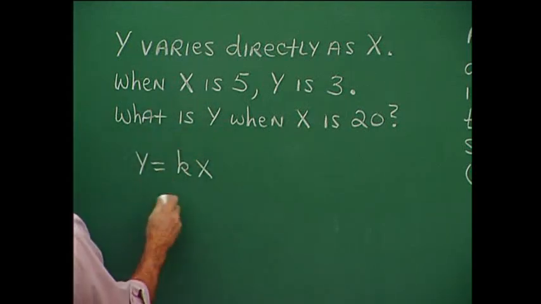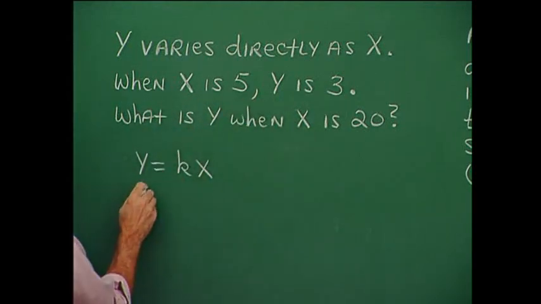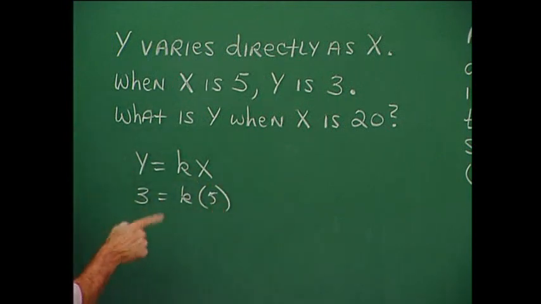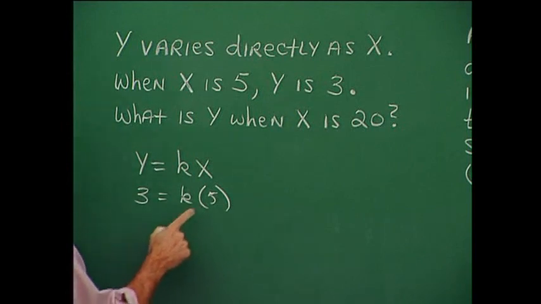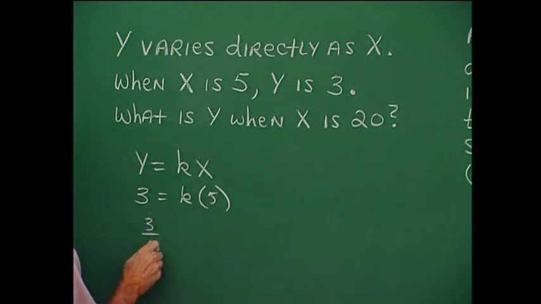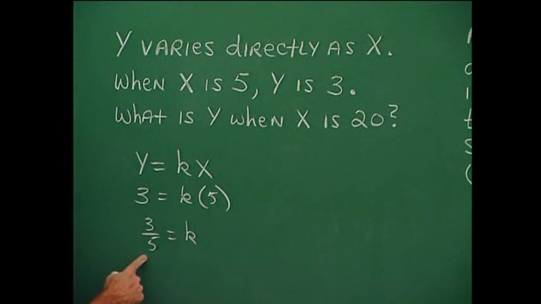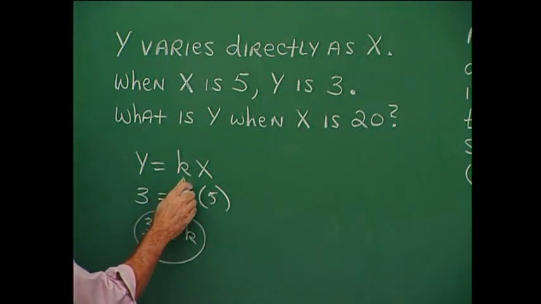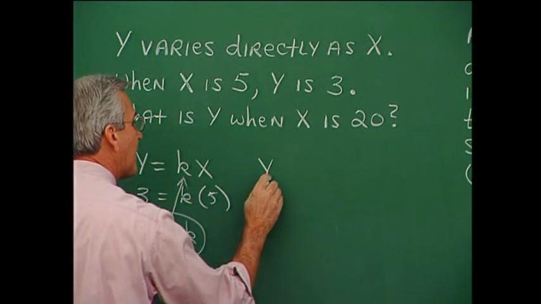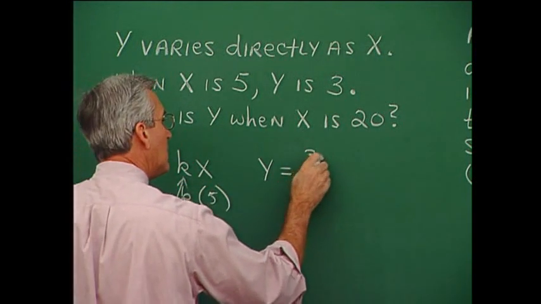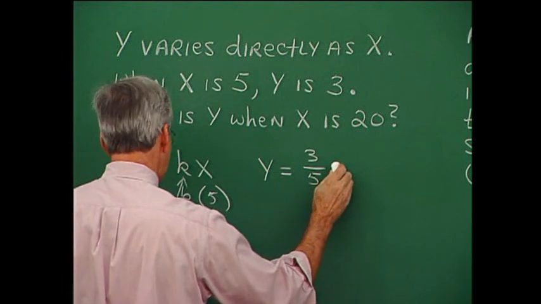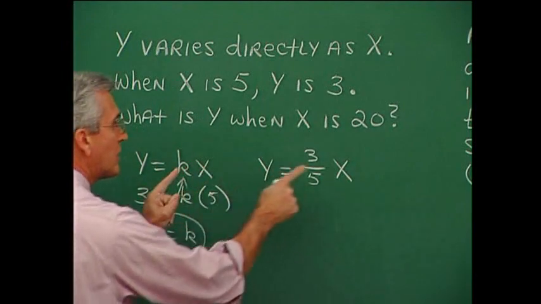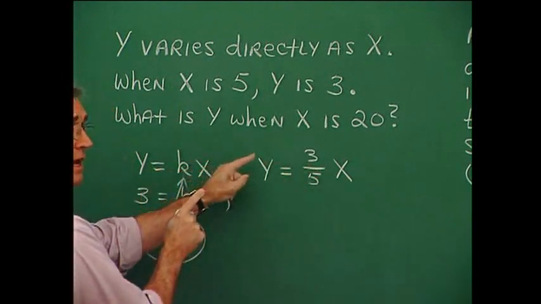So when x is 5, y is 3, so y is 3, x is 5. You see, this allows us to solve for k. We divide on both sides by 5 to find k to be 3/5. But if k is 3/5, we put that back into the relationship, and now we have some real good information about the relationship that exists between x and y that allows us to answer questions about one or the other. For example,